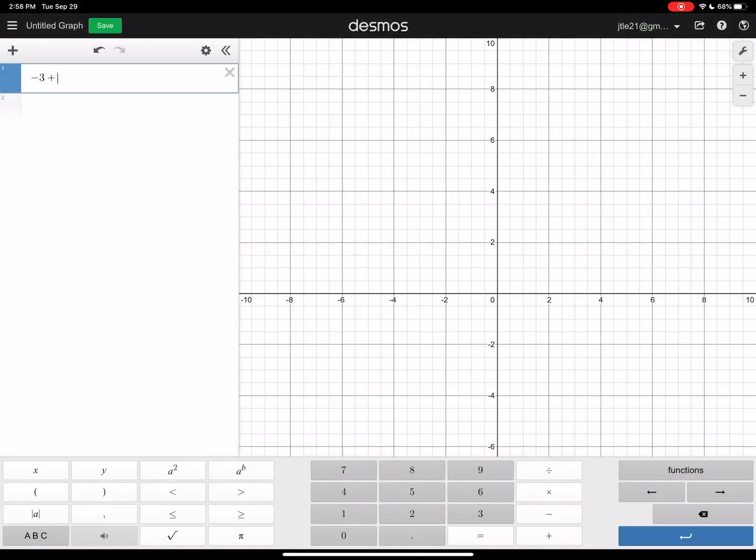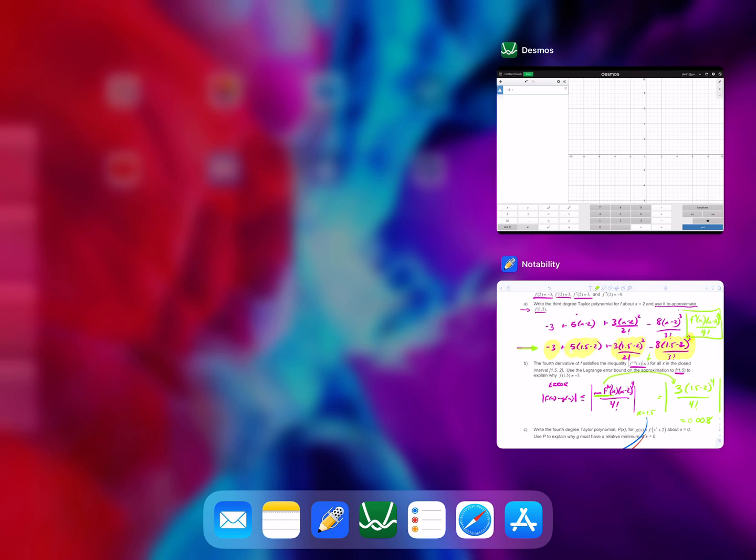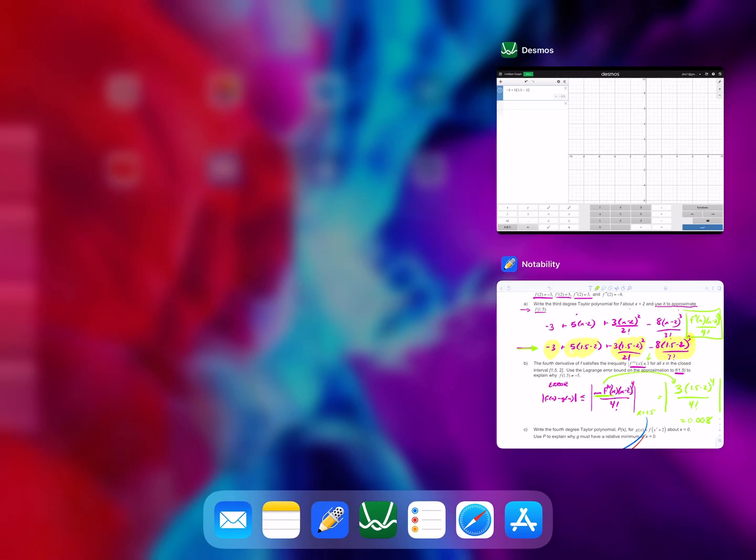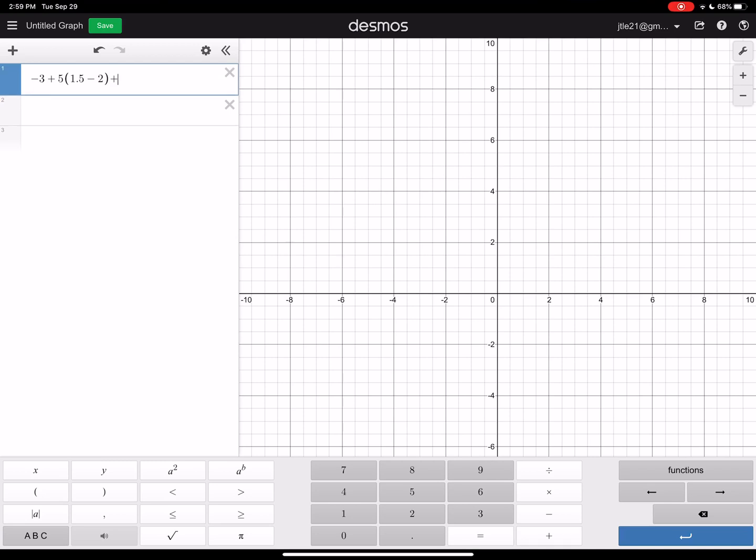Here we have negative 3 plus 5 times 1.5 minus 2. I should have brought my calculator with me. Plus 3 times 1.5 minus 2 squared divided by 2 minus 8 times 1.5 minus 2 quantity to the third power over